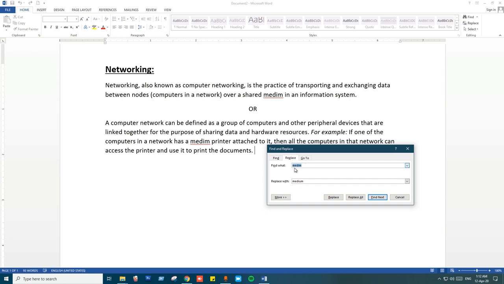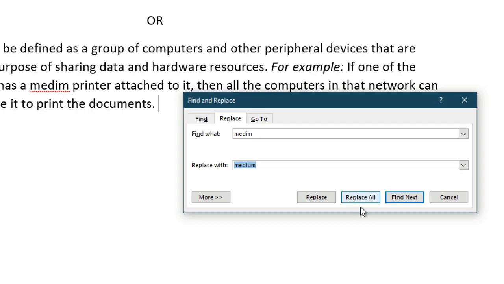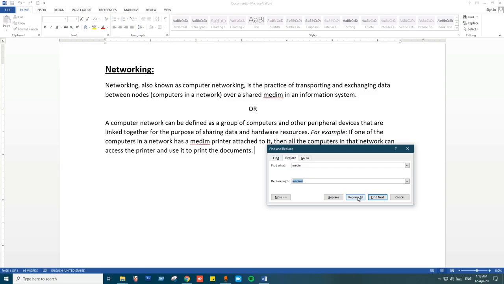Now when we have written Find What text in the Find What text box and Replace With text in the Replace With text box, we know as many number of times this word is coming up in a page or a paragraph or within the document, it must be replaced with this word. So we'll select the Replace All option. When we'll click on this option, it will automatically replace all the words with MEDIM spellings with